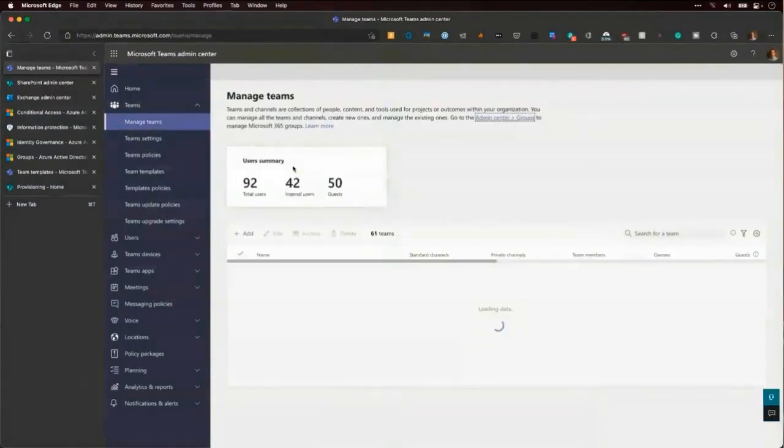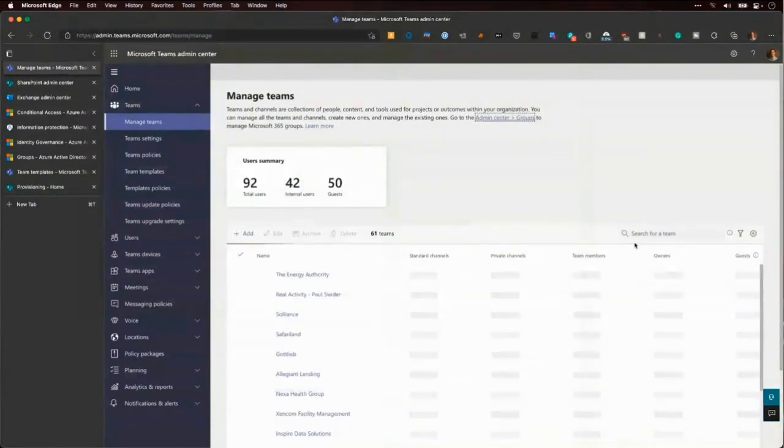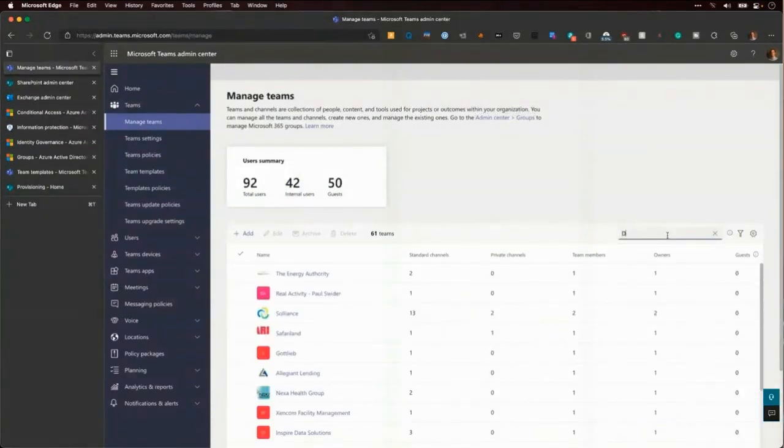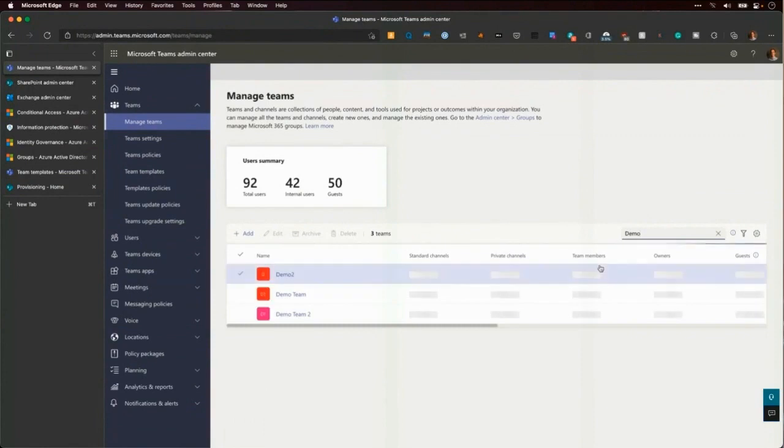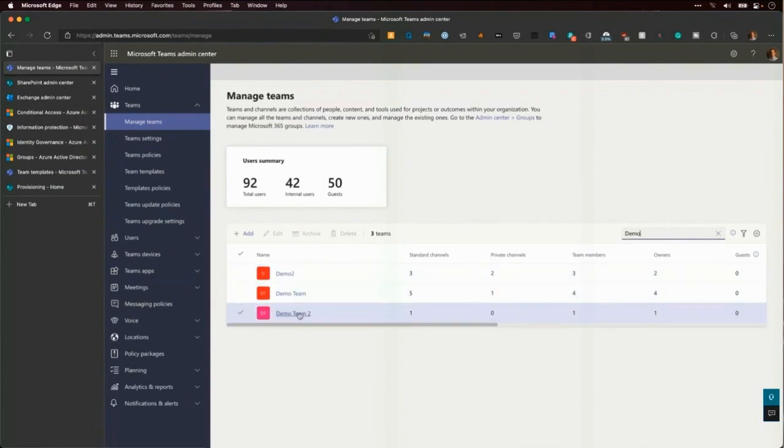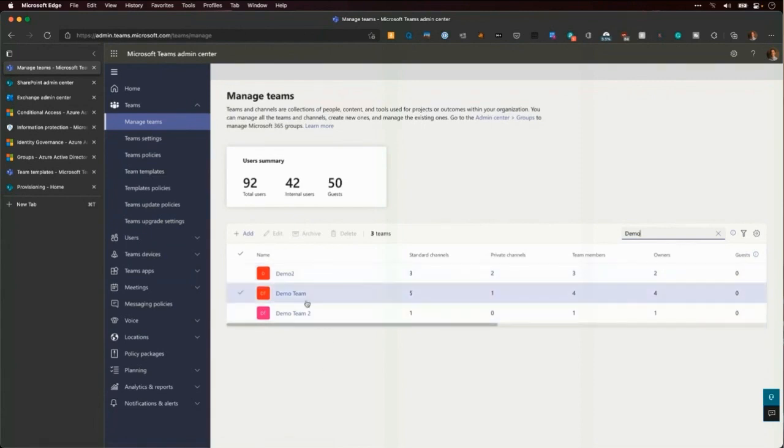One of the things I have is my demo team. I'm going to search for a team just to narrow down my list. If you haven't looked at this before, you'll see I have some of these demo teams: demo team 2, demo team, another demo team 2, demo 2 and demo team 2. All of these teams have certain SharePoint sites assigned to them.